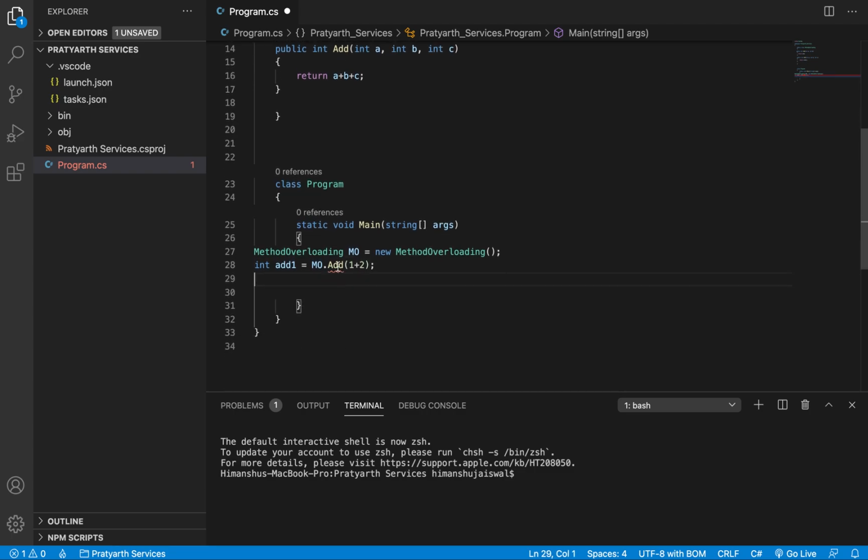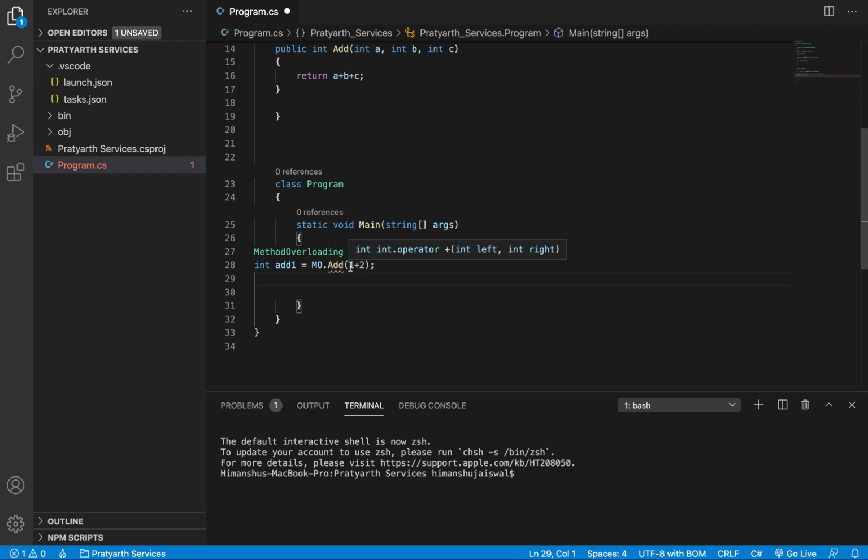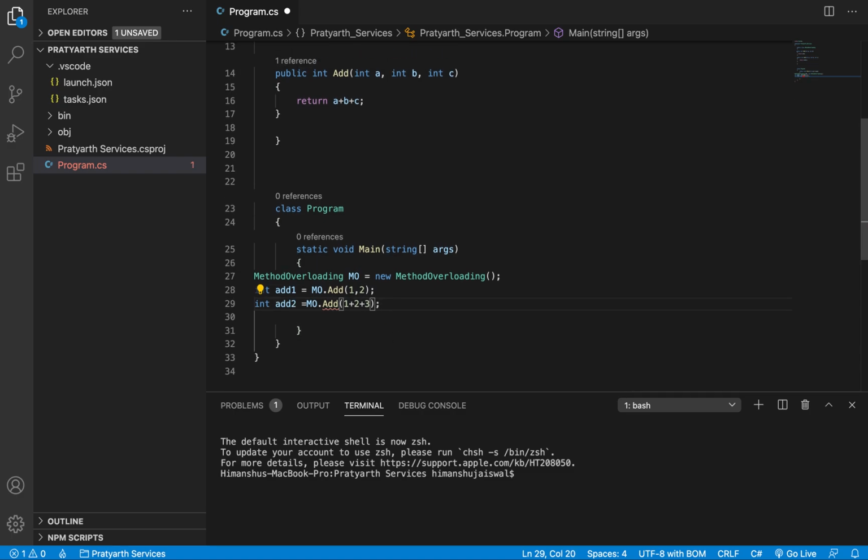Now what is it saying? It's saying no overload for method add takes one argument. Okay, sorry, I have defined this with a plus. Right? Now in add2, I'm using the second method which is taking three inputs, 1 comma 2 comma 3, right?